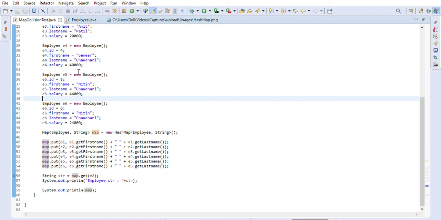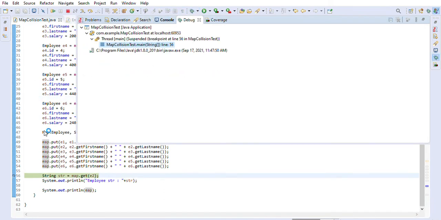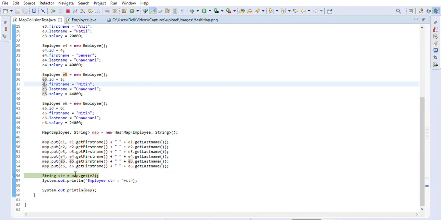In Eclipse, you can debug the program to see this. So if you hover over map and make it bigger, then you will see that this is the hash map, internally, and it is the table, the hash map table, and all the objects are going in only one bucket, as you can see. So see, in bucket 1 you have the object with the first key, this is ID 1, this is one employee. Then again, as you can see, it's a linked list, right?